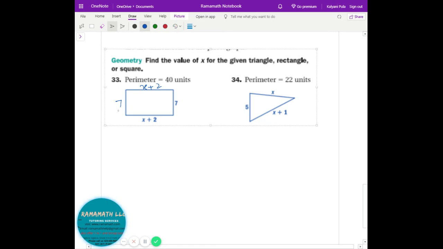Perimeter means you add all of them. So you can make it equal 40 and then you get the answer. So when you find the perimeter on this one, 7 plus x plus 2 plus 7 plus x plus 2 equals 40. Okay? And solve for the